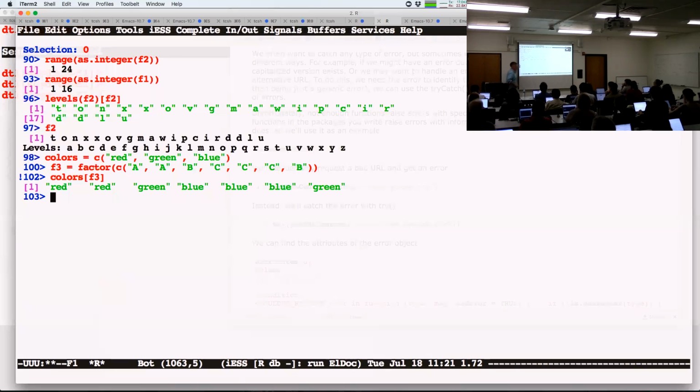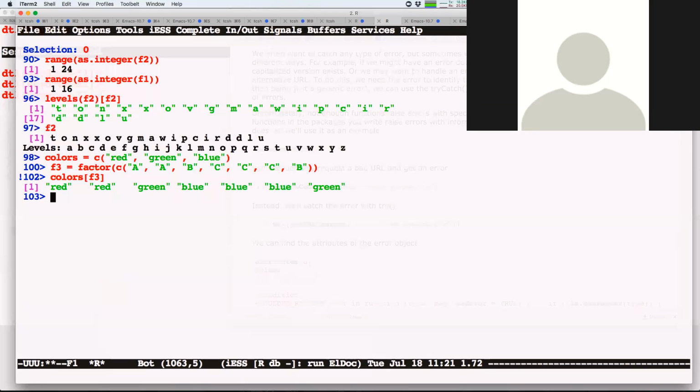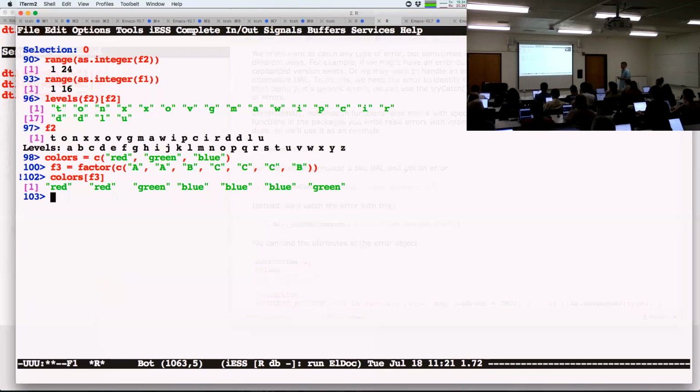And also, they will protect you against sticking in strings which cannot actually be valid observations. They prohibit you from putting invalid observations into a factor because you basically prescribe the finite set, like enums in C++. Everyone happy? Yep. So if, say, the colors was just 2, would it recycle and give you red for C?